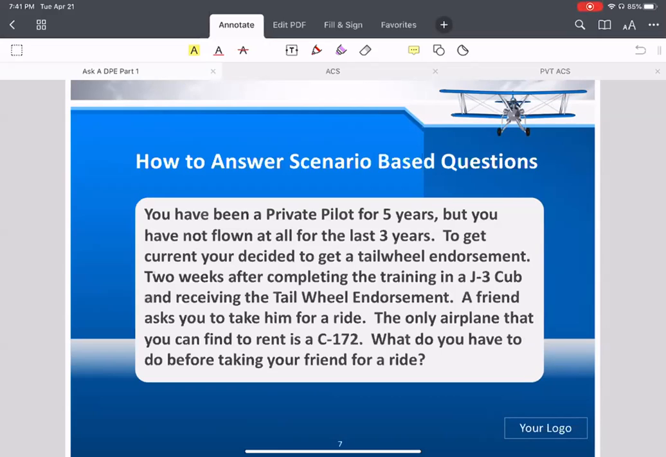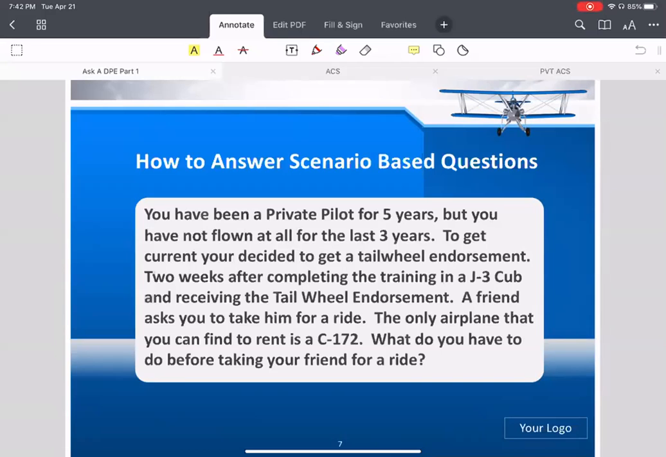Flight review. Does the tailwheel endorsement count as a flight review? And the answer to that would be no, they're separate regulations. So there would also have to be in the logbook a flight review endorsement. So once again, when we're looking at these currency regulations and proficiency regulations, we're looking at the